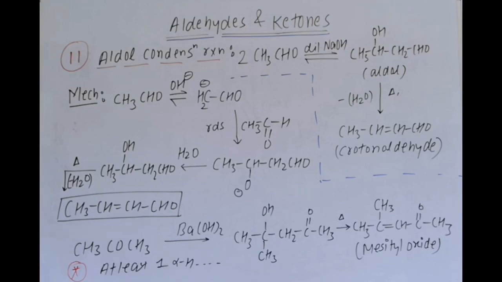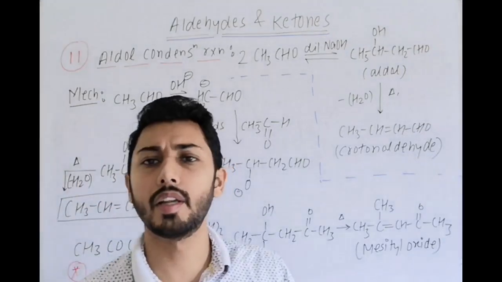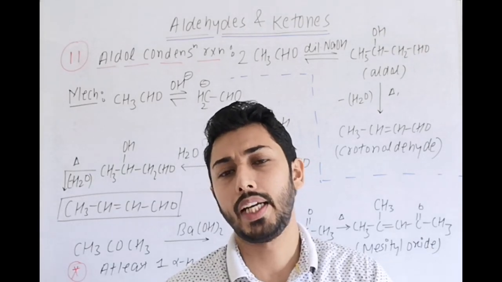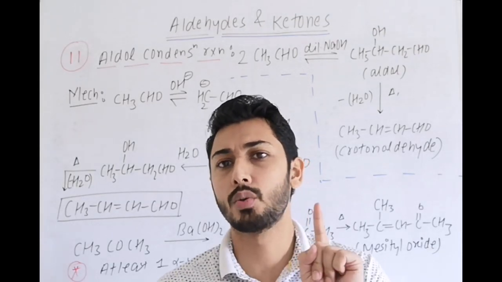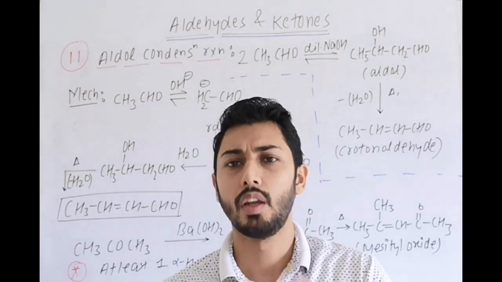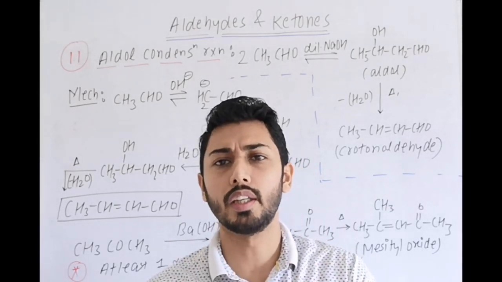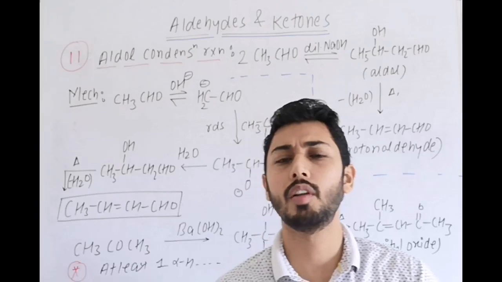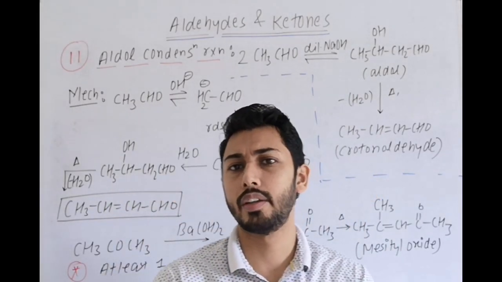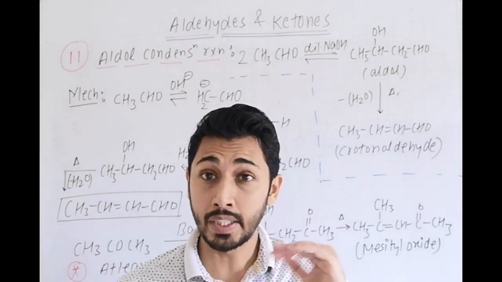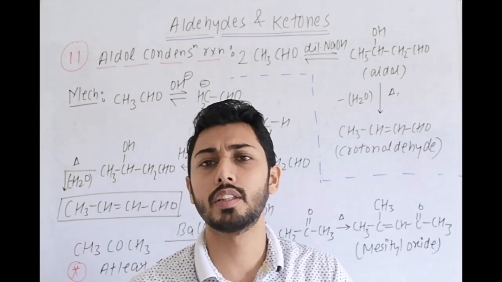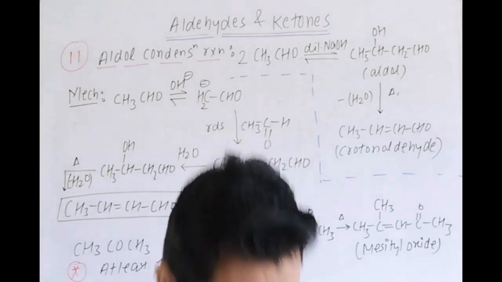Now the next reaction is aldol condensation, a very important name reaction, in which what is the condition? At least one alpha hydrogen has to be present on the aldehyde or ketone. If there is too much crowding, then the reactivity will be very slow. But the general condition is an aldehyde or ketone which contains at least one alpha hydrogen can participate in the aldol reaction, and after heating the product is the aldol condensation product.